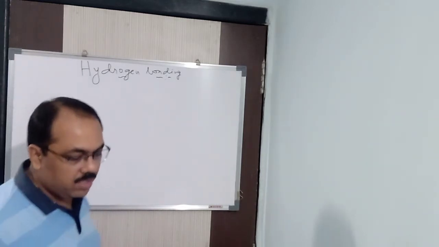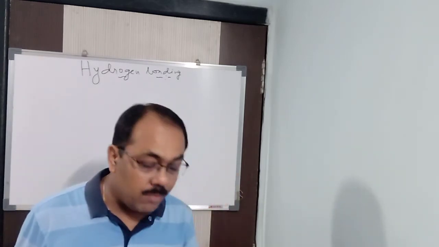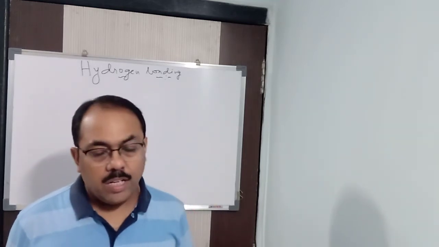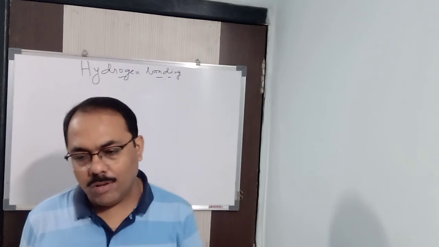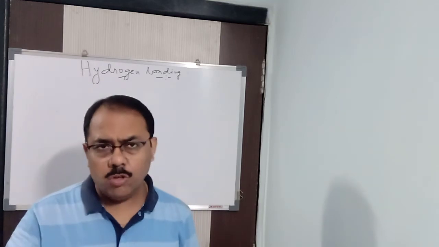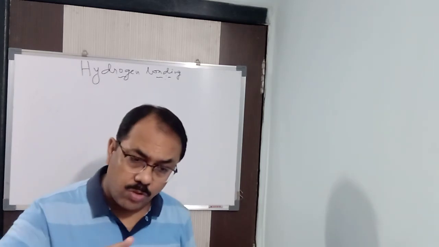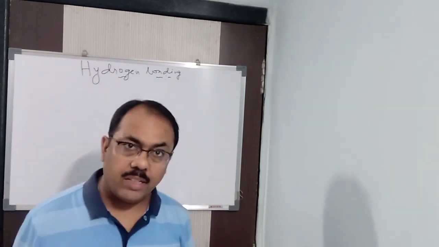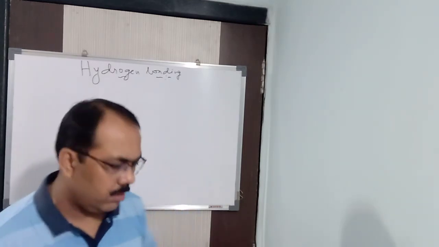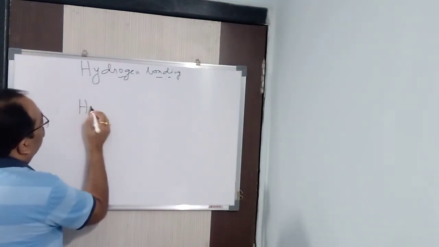Now, based upon this, we have two types of hydrogen bond: intermolecular hydrogen bonding and intramolecular hydrogen bonding. Inter and intra. You might have heard these words in day-to-day life, for example inter-school competition. Inter-school means between two different schools. So intermolecular hydrogen bonding means between two different molecules, of the same kind or different kind. Now let me make it clearer. See here, HF.